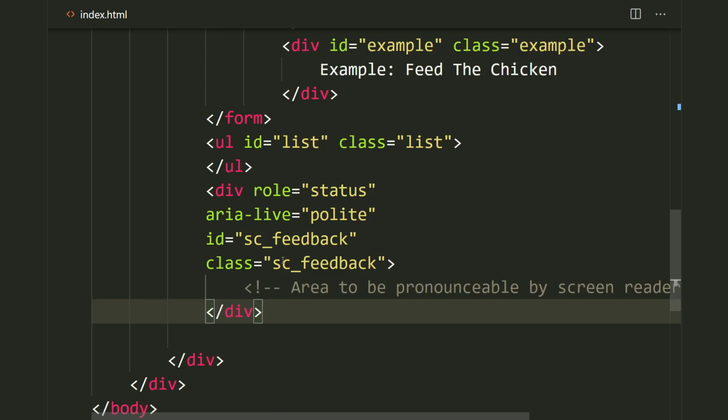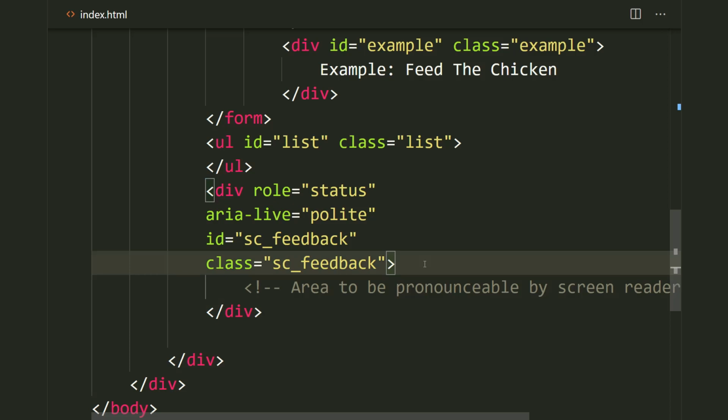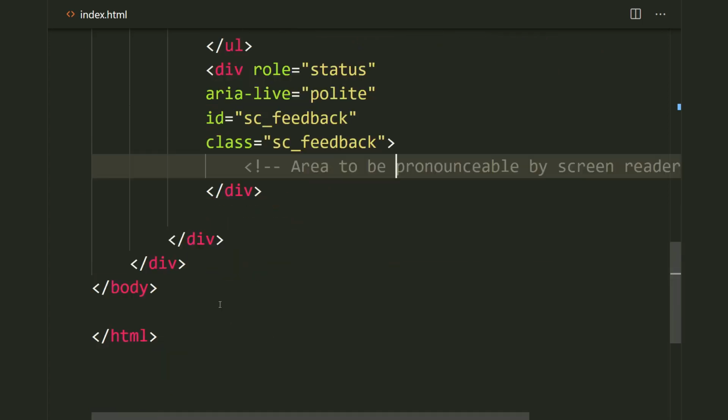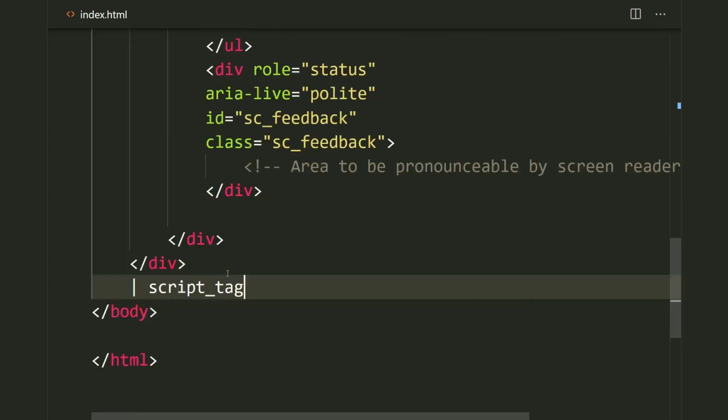Well, because screen readers have various support of aria-live. Aria-live is really, really confusing for screen readers. Some of them support hiding it at first and then showing it only when there's text, but most screen readers support it only if it's shown. Like I said earlier, when the screen reader loads the page, this region over here communicates to the screen reader, hey, I'm going to have text very soon. But if it's hidden, some screen readers are not going to get the message. Okay. So the last thing we want to do is just connect our script.